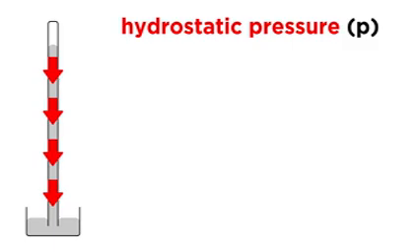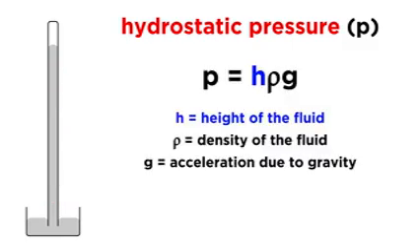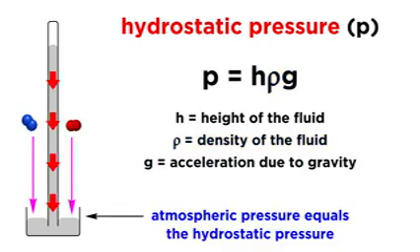The pressure exerted by a fluid due to gravity is called hydrostatic pressure, which is represented by P, and is equal to the height of the fluid times the density of the fluid times g, the acceleration due to gravity. In order to support a column of fluid of a particular